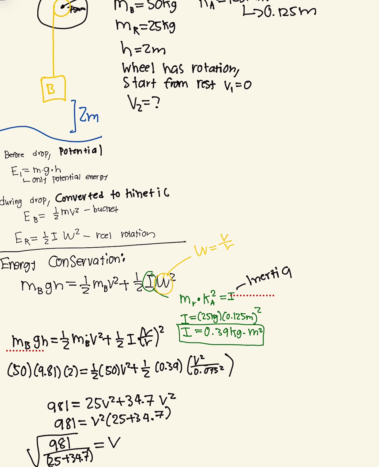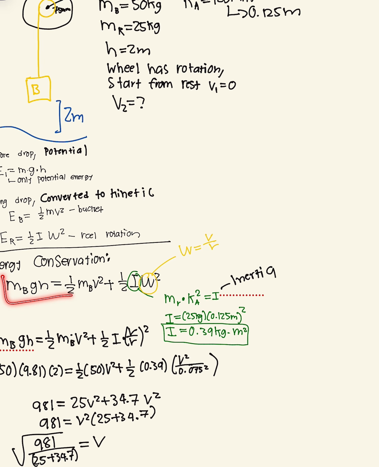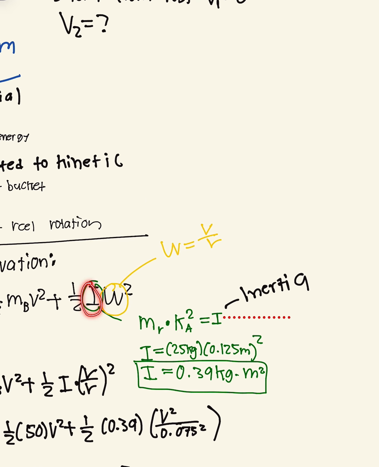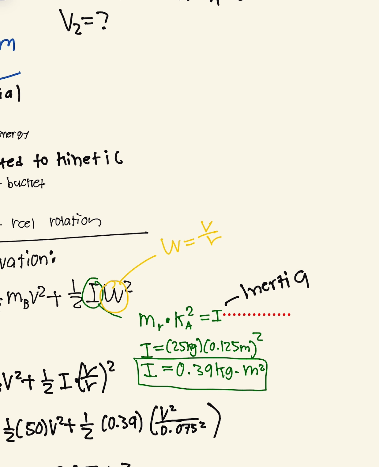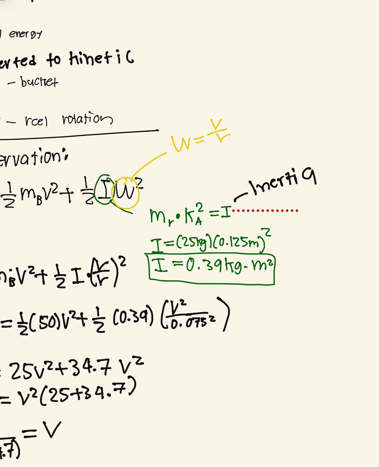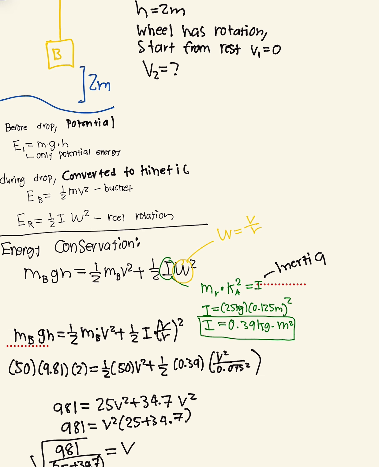Now, the question already gives us the values of all of these, except they do not give the values for inertia and angular velocity. For the angular velocity, we're just going to do velocity over radius. And for inertia, we can solve for it with this formula: inertia is equal to mass times radius of gyration squared. We can solve for inertia, which is 0.39. So given these two,